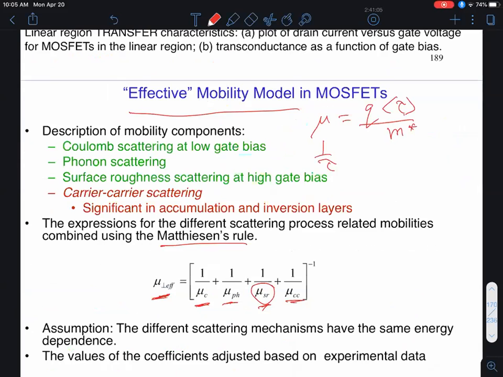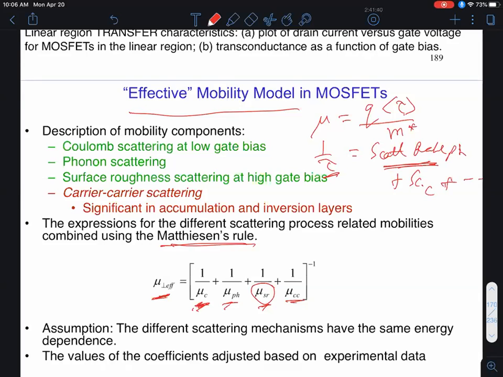if I take the reciprocal of that, that gives you what is called the scattering rate. S, scattering rate, right? Clearly, if I have a higher scattering rate, the time between collisions would go down, right? There's an inverse dependency. So the basis behind Matthiessen's rule is, he said that if you have different scattering mechanisms, you know, ionized impurity, Coulomb scattering, phonon, etc., you simply add up the scattering rates. You could say phonons plus scattering rate due to Coulomb scattering or ionized impurity scattering, so on and so forth,